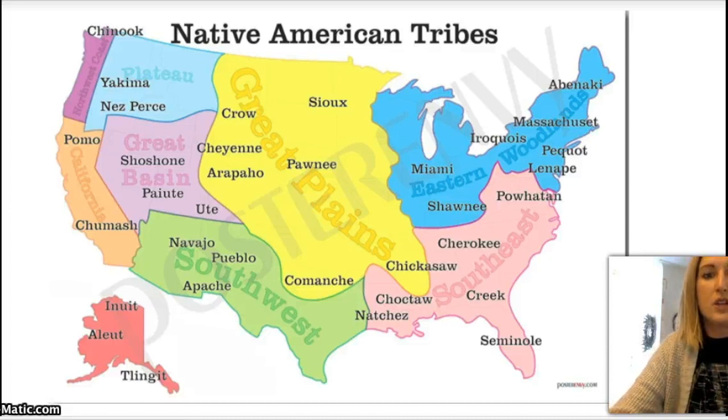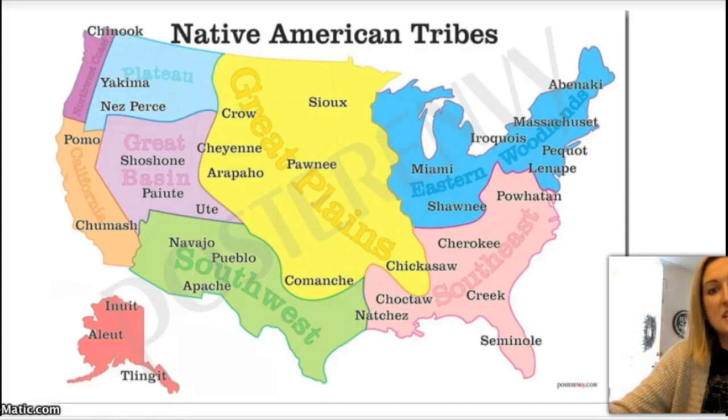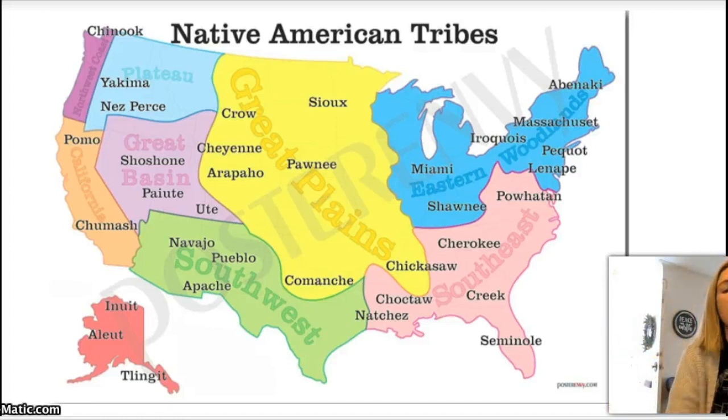All right. So I'm sure you're familiar with this map you see. I mean, maybe not the Native American tribes, but the shape of the map, because this is present day United States of America. That's a country inside the continent of North America. So we're focusing in on Native American, but when I talk about Native Americans today, some of the tribes I talk about span all the way up into Canada and Mexico, all of North America. But again, our job is to really focus in on what we know now today as the United States of America.